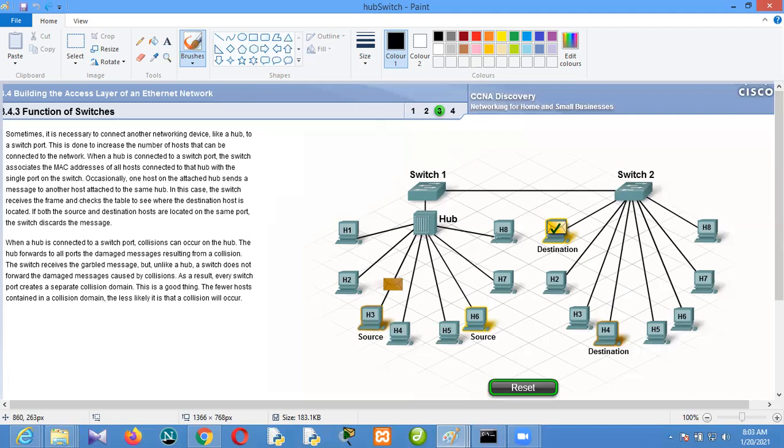If H5 is sending a message to H8 on the hub, the hub will broadcast it to every connected active port, including the switch. Then switch one will send the message to switch two, and because it has an ARP table, it will then